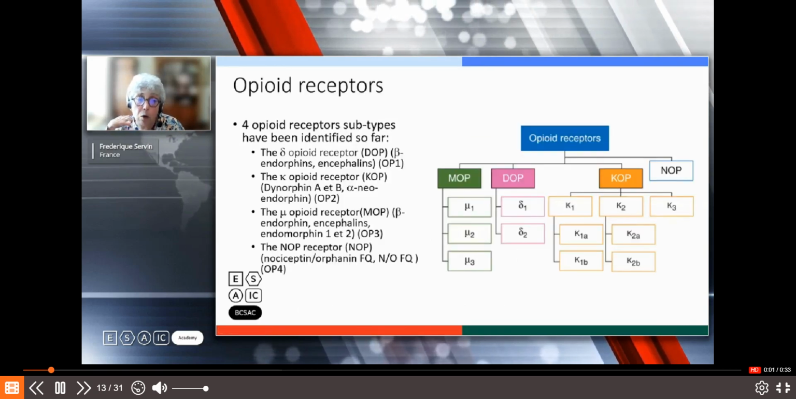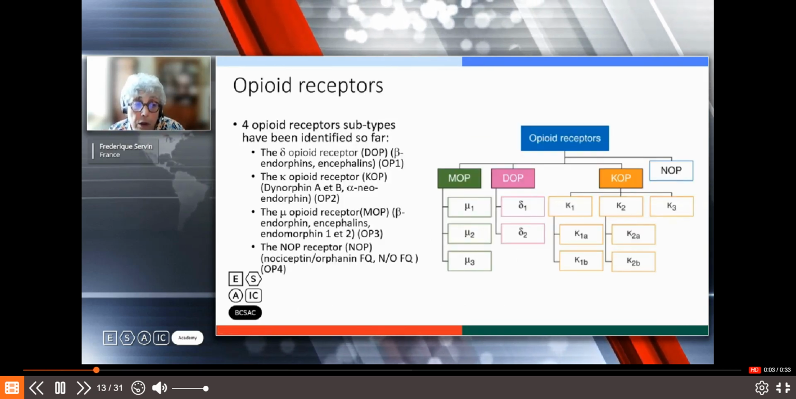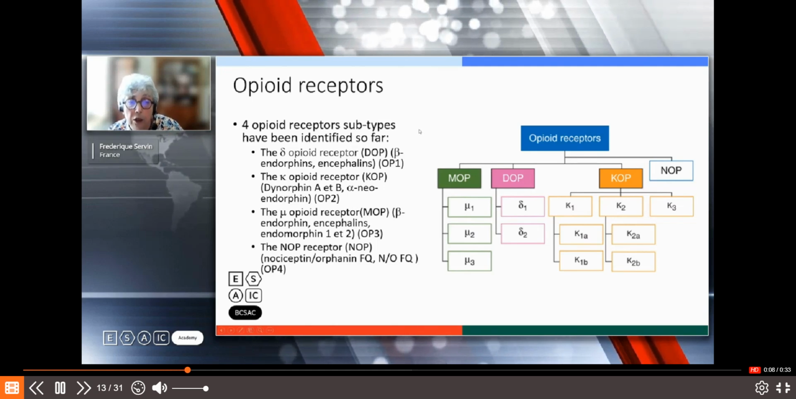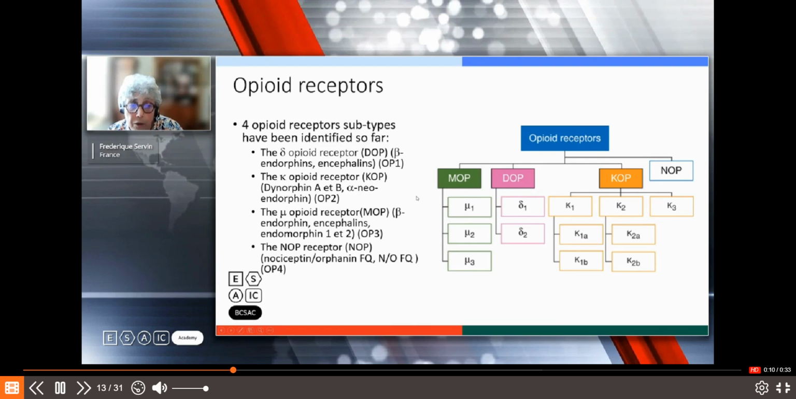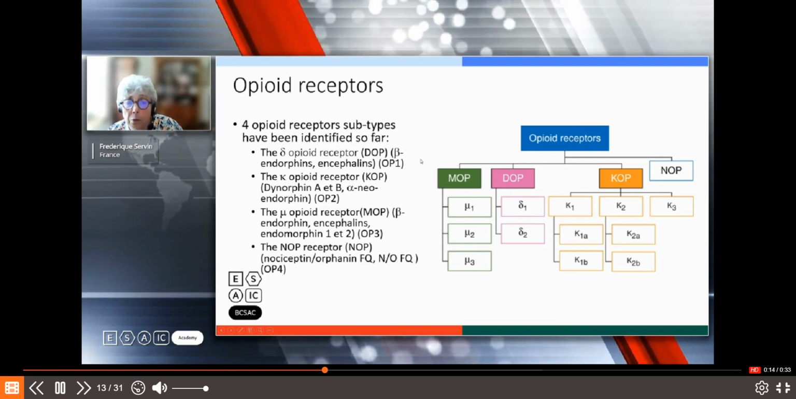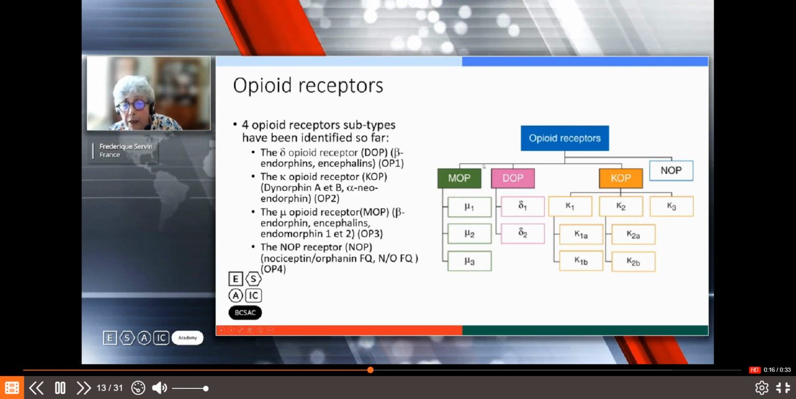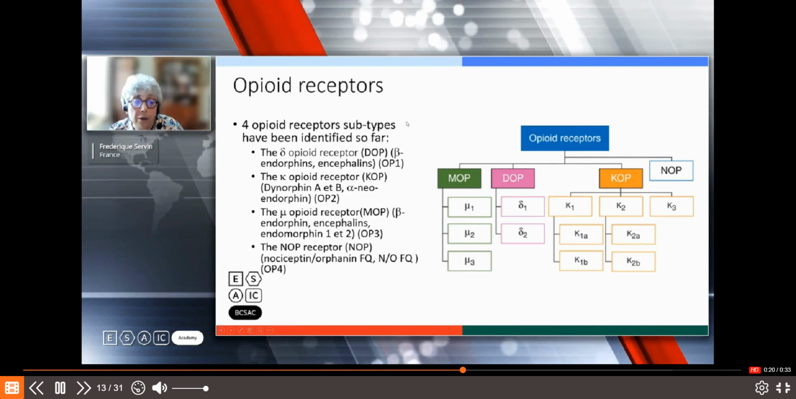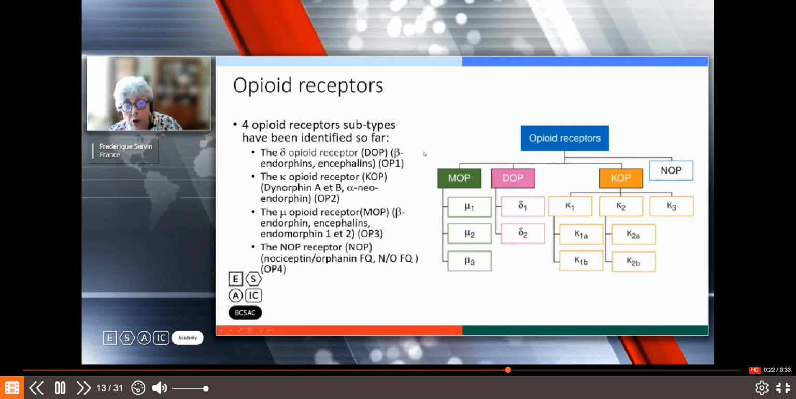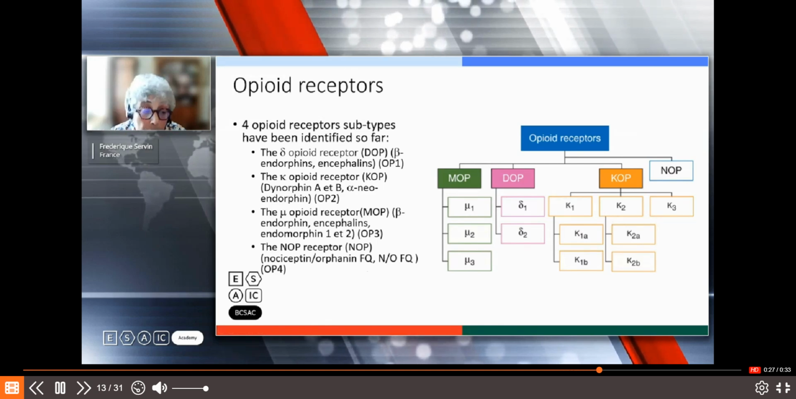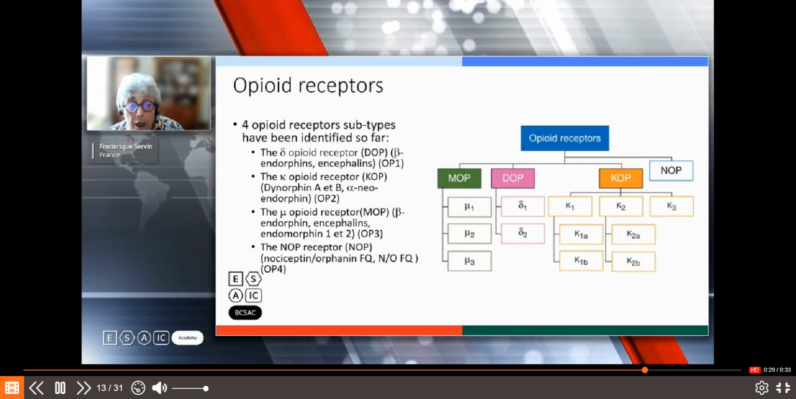There are currently four opioid receptor subtypes known in the literature. Three of them are well known for a long time, and you know them all: the mu receptor, the delta receptor, and the kappa receptor. But there is a new one, which is called the NOP receptor, because its natural ligand is called nociceptin-orphanin, and